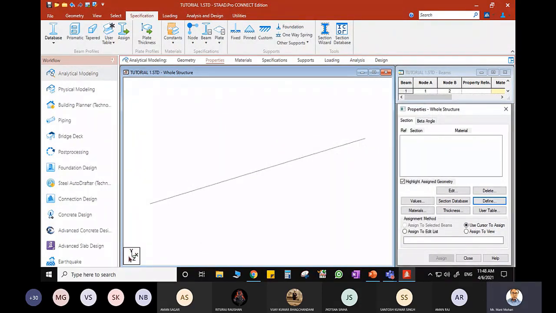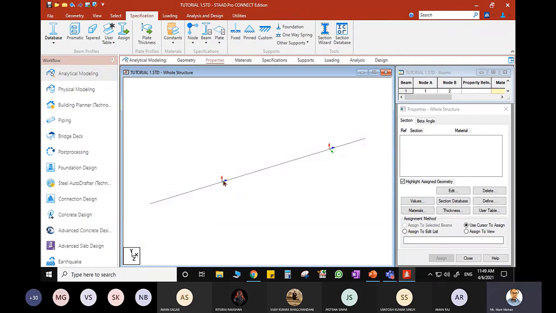Here, this coordinate you see, X, Y, Z, is my global axis. And I have created a beam. Now, with reference to this beam, I'll be having the local axis. To activate local axis, you press Shift plus O. If you press Shift O, you'll be able to see the local axis.